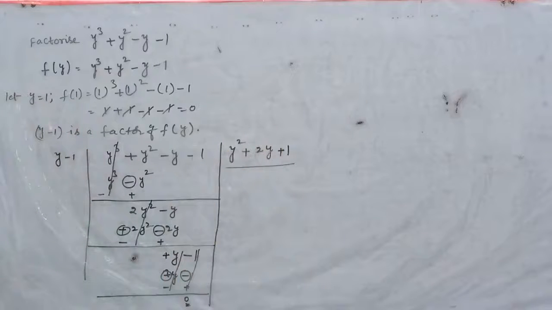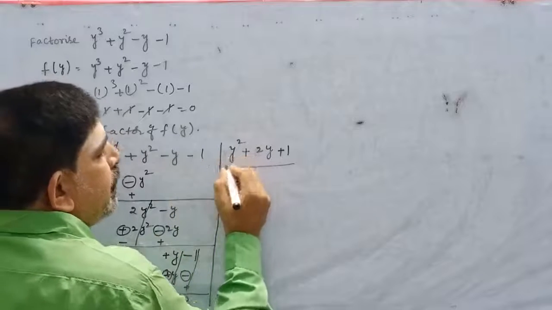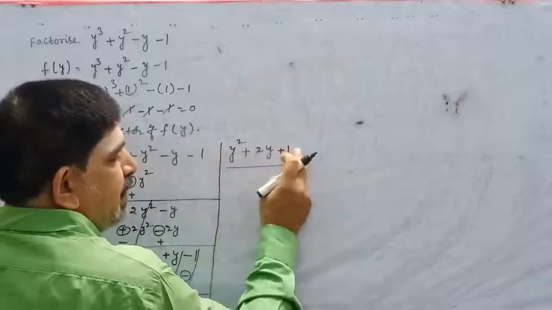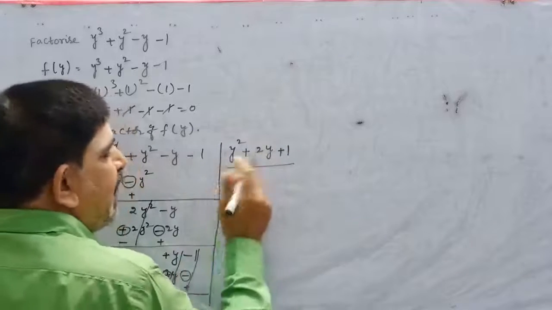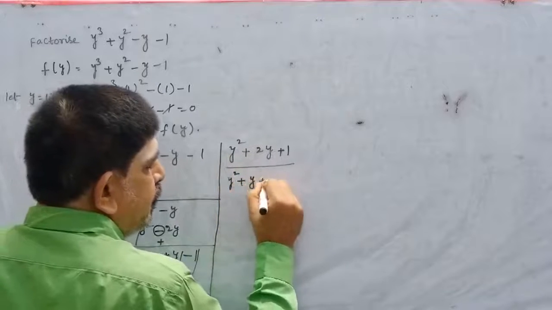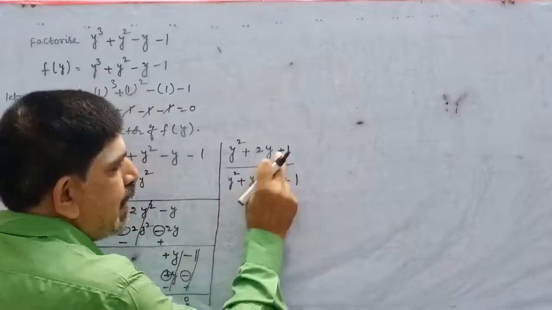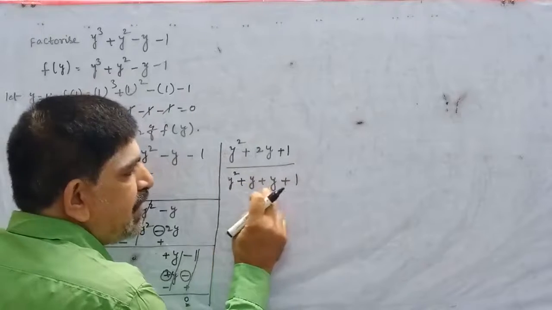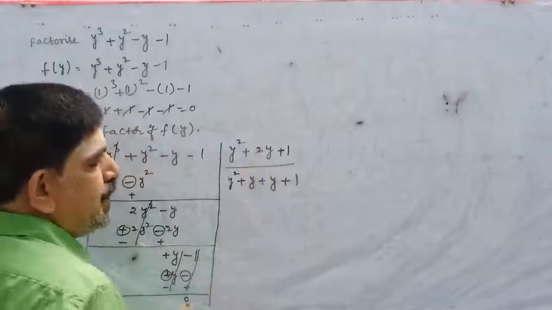That is y square into 1. Y square into 1 is y square. The quotient of y square is 1, the constant is 1. So that is 1 into 1 is 1. Next, the middle term is 2y. So how to find the factors for this? Y square plus y plus y plus 1. Plus into plus, y into y square. The quotient of y and quotient of y is 1. So 1 into 1 is 1 again. Plus y is plus 2y.